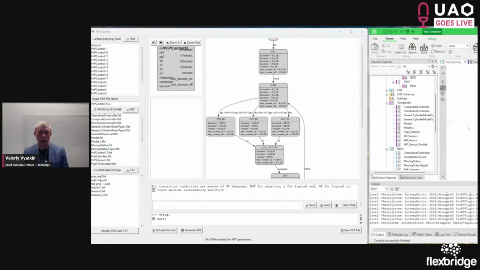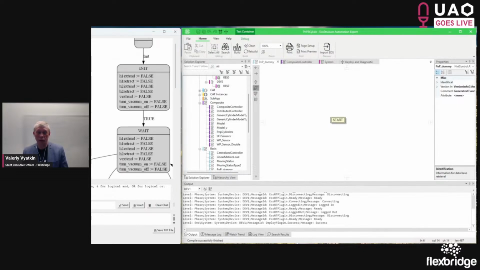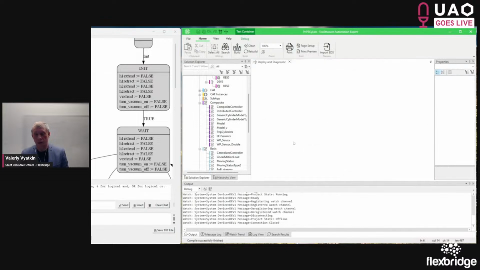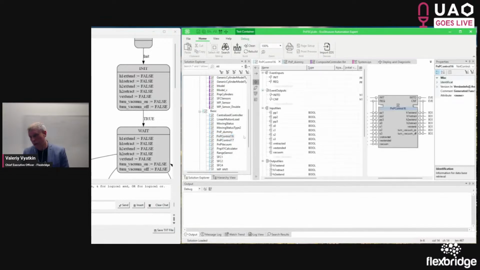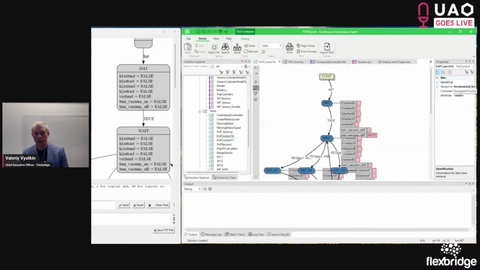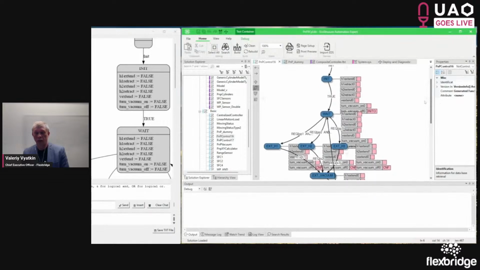So now maybe it's time to test it. So I will just generate a function block type, and go and check whether this logic works correctly in the EcoStructure environment. Yeah, so this is an ECC based on the state machine, auto-generated.